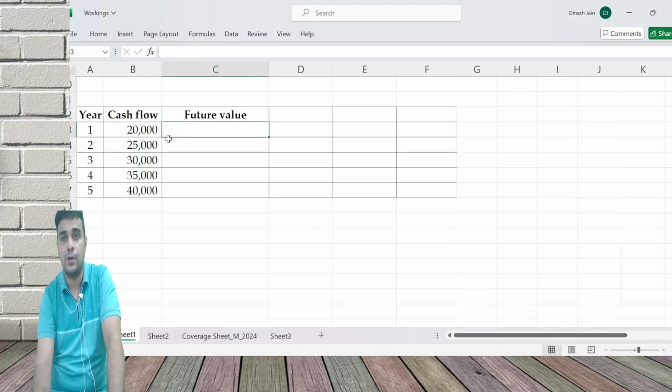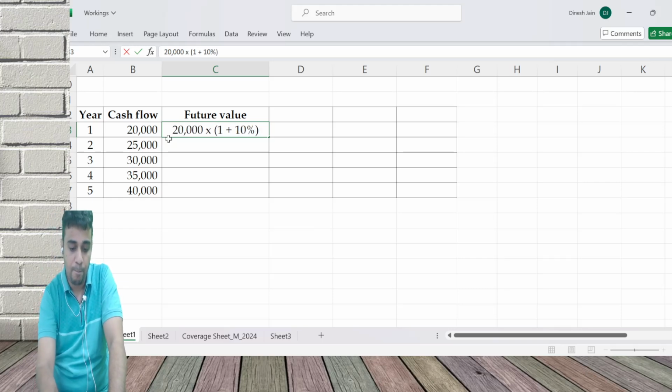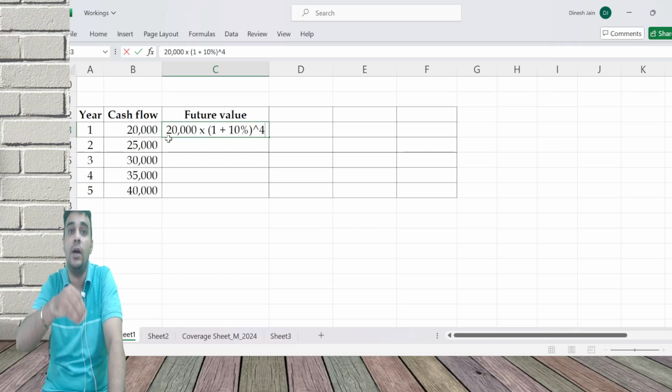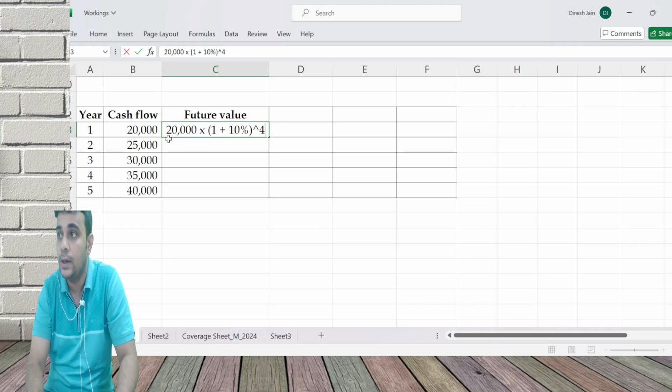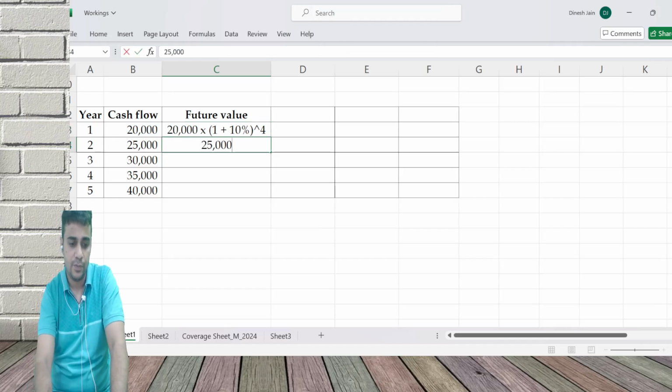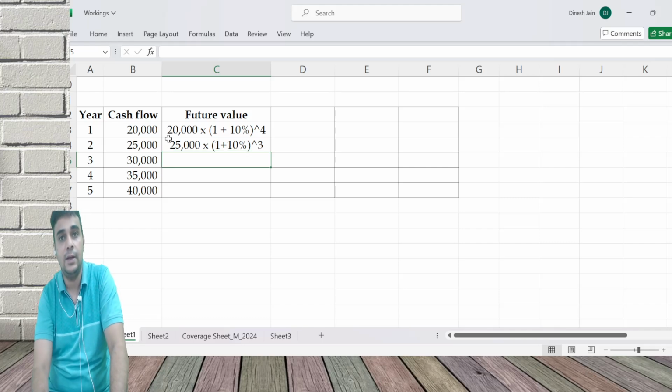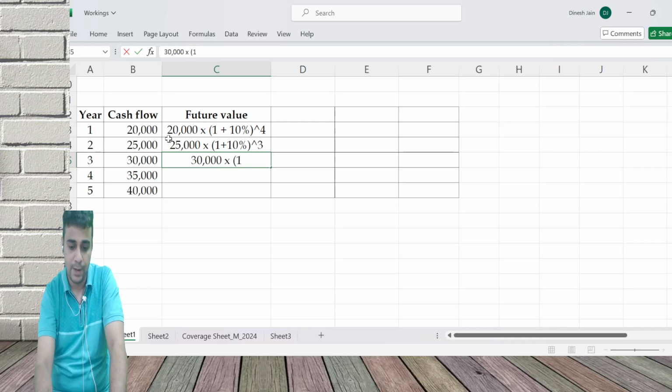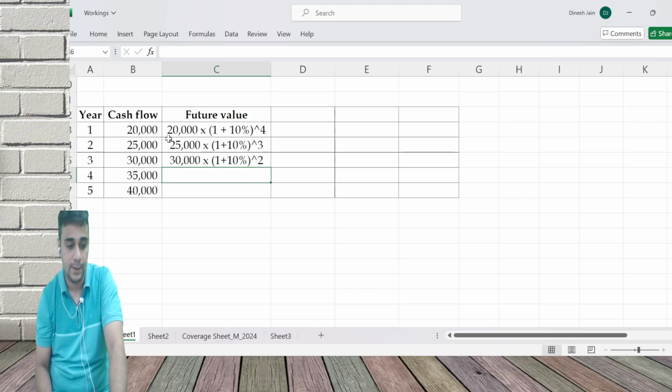If you want to calculate future value, this 20,000 will be multiplied with 1 plus, let's assume 10%, power 4. Why power 4? From year 1 you're taking it to year 5. So we are doing power 4. The second one, 25,000 into 1 plus 10% power 3. From year 2 you're taking it to year 5. The next one, 30,000 into 1 plus 10% power 2. From the third year you're taking it to the fifth year. This is 35,000,